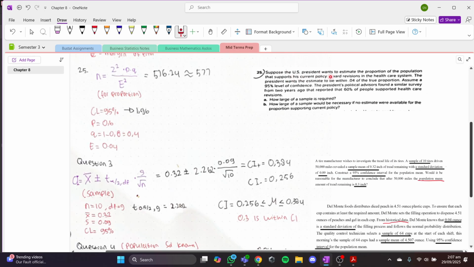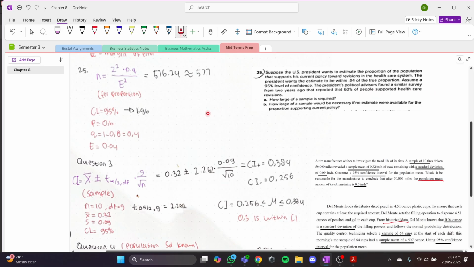Suppose the US president wants to estimate the proportion of the population that supports his current policy towards revision in the healthcare system. So this is about a healthcare system revision, and the president wants the margin of error to be within 0.04 and the confidence level is 95%. The president's political advisor found that a similar survey from 2 years ago reported that 60% of the people supported